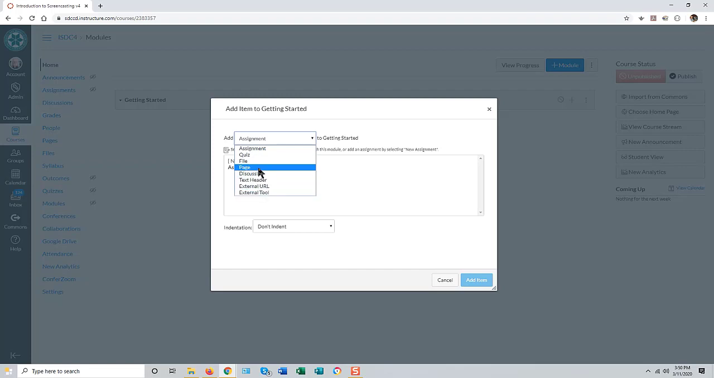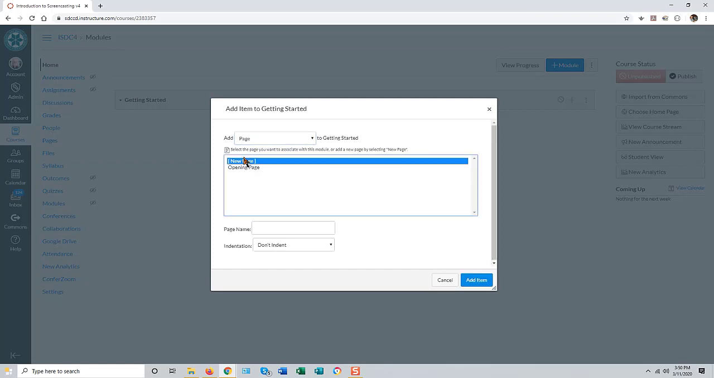Let's start with the Canvas page, because that's probably how most of your information is going to be conveyed. Since this is a new page that we're planning on making, we'll click New Page. At that point, we're just prompted to give the page a name. And it'd be nice to have a welcome for our students, right? So I'm going to call it